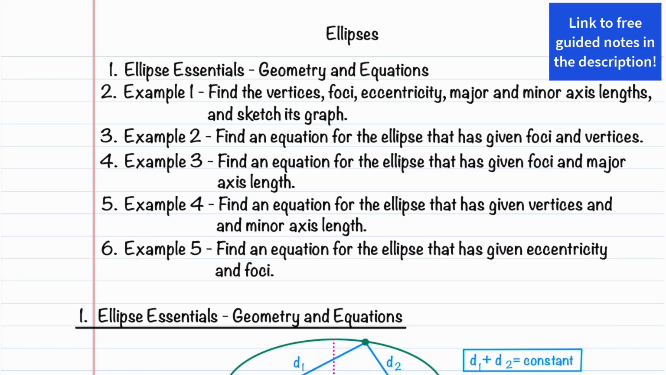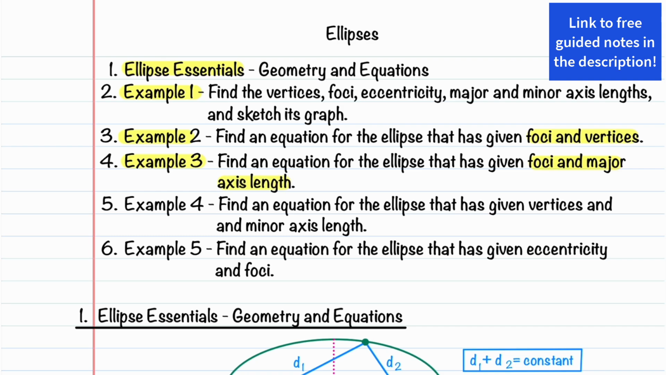In this video, we are going to learn about ellipses, what they look like, what their key components are, and how to write equations that describe them. We'll start with an example that shows how to find the vertices, foci, eccentricity, and axes of an ellipse and sketch its graph. Then, we'll look at examples where we're given specific information, like the foci and vertices, the foci